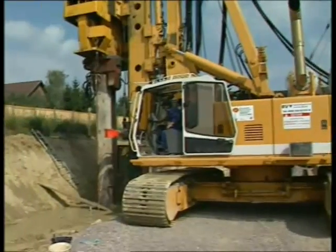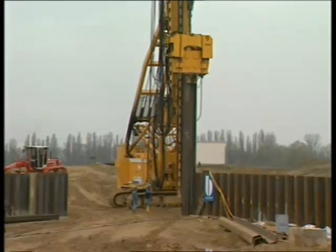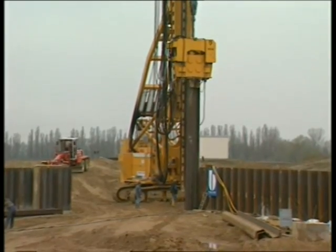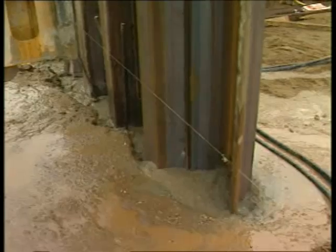Liebherr crawler cranes achieve high performance in deep foundation work on numerous job sites throughout the world. Additionally, Liebherr offers a complete range of piling and drilling machines for the most diverse fields of application, fulfilling the highest demands when installing sheet pile walls,